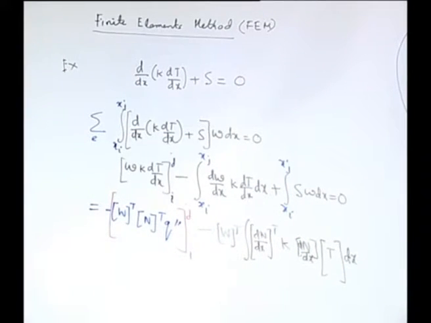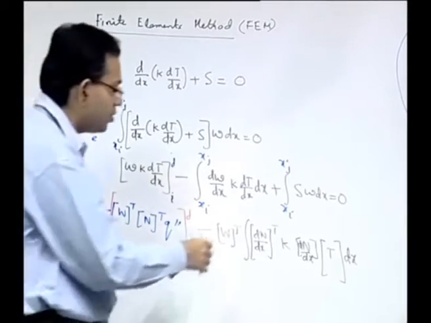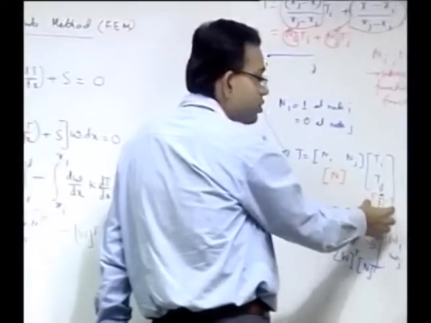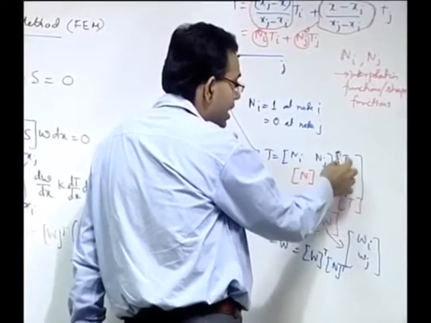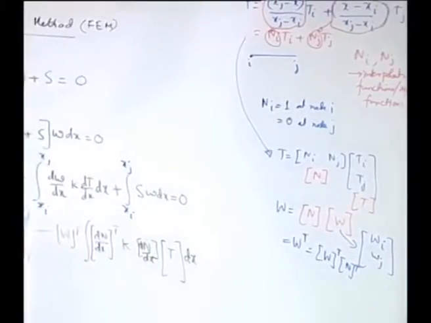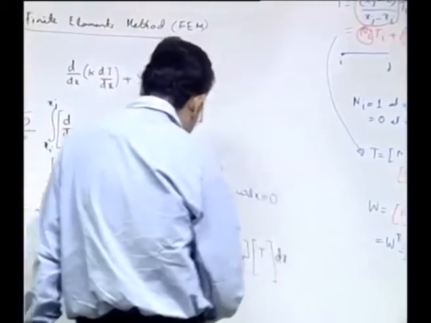Okay. So, we have substituted dt dx as dn dx into t. Remember this t does not contain x, these are just the nodal values, plus